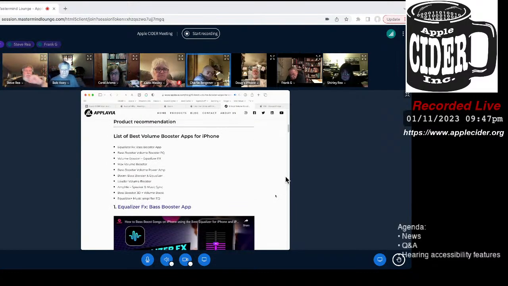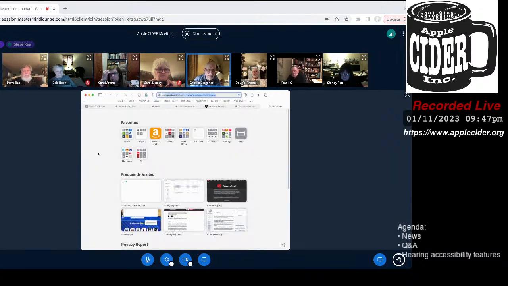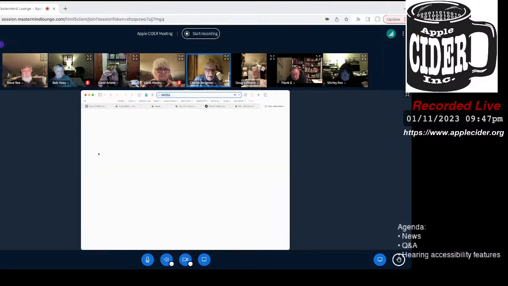The EQ Max I did not find on the App Store, and you wouldn't if you were going to the App Store from an iDevice. You would only find EQ. Well, anyway, never mind. So the Petralex thing actually is kind of neat. It had a lot of functionality to it, some of which you could get for free.